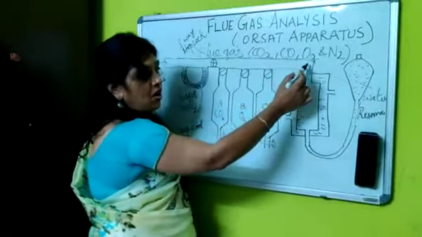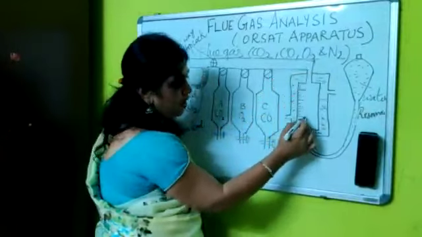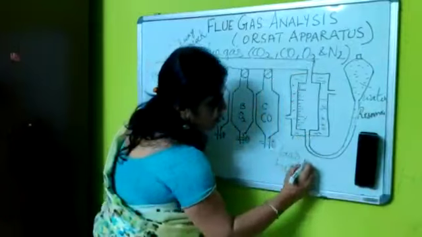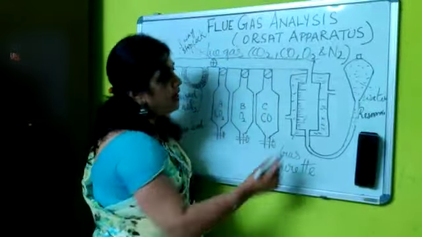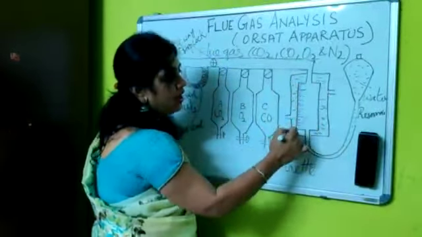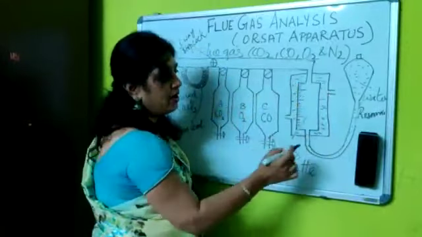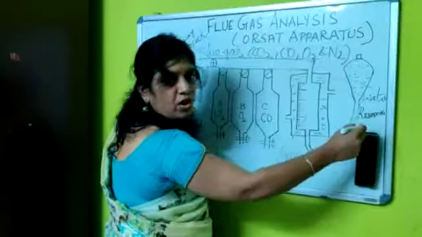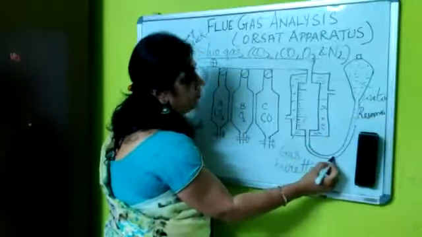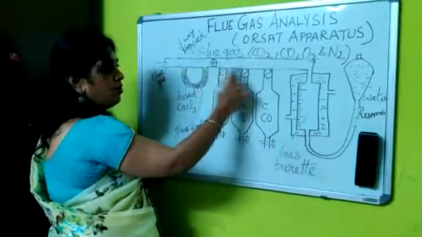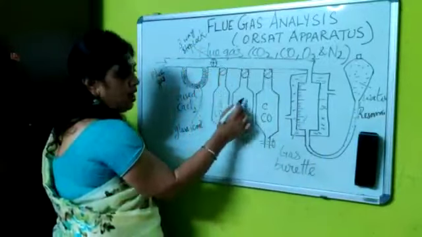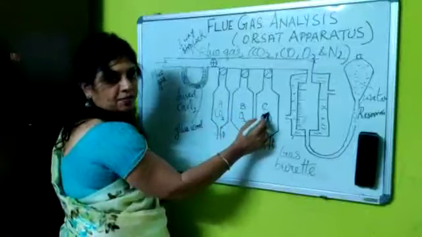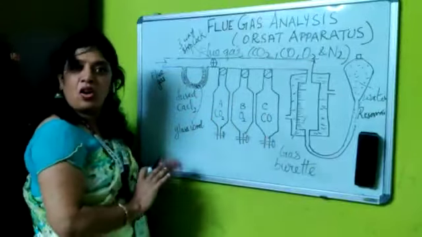The other end of the long tube is connected to a gas burette. So this is our gas burette which is of 100 cc and it is surrounded by a water jacket to keep it at normal temperature. And this gas burette is in turn connected to a water reservoir with the help of a rubber tube. Now this long tube is also connected to three absorption bulbs, absorption bulb A, B and C. So this is our RSET apparatus.